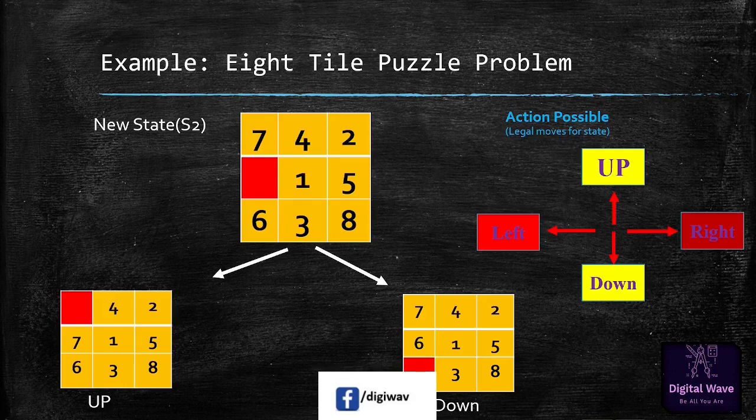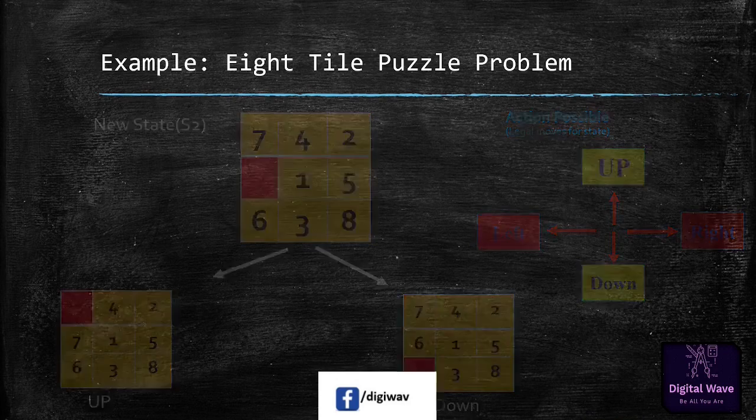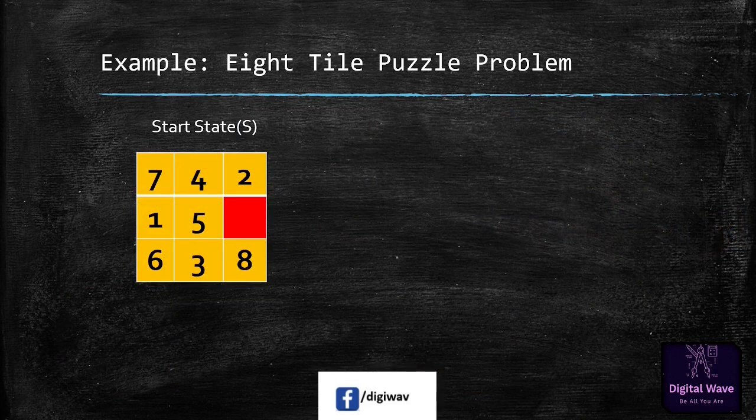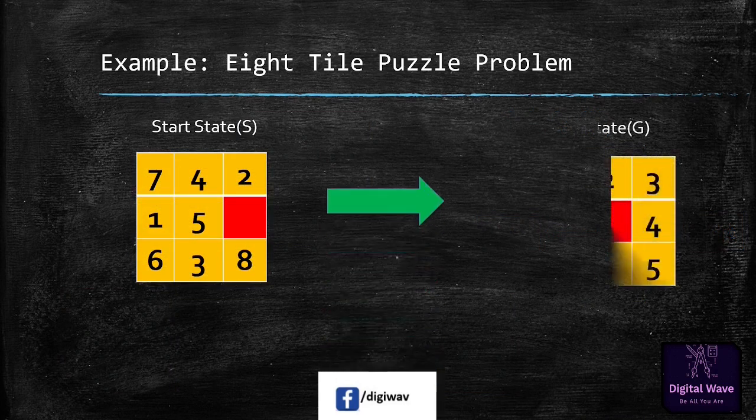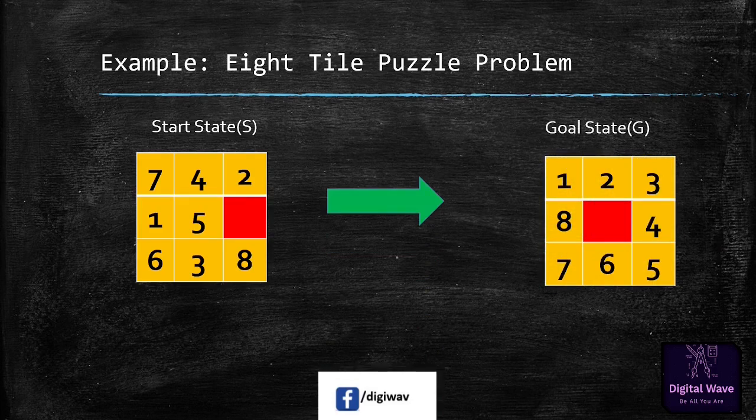So I hope you have a better understanding of this 8-tile puzzle problem as well as this state space search technique. Okay, so now what you have to do is give me the possible states to reach that particular goal state. Whatever the initial state we have, in how many states or how many possible solutions will there be, you have to tell me in the comment section, how many possible states after performing those actions you will get this goal state. Okay, so this is how we can perform these 8-tile puzzle problems.